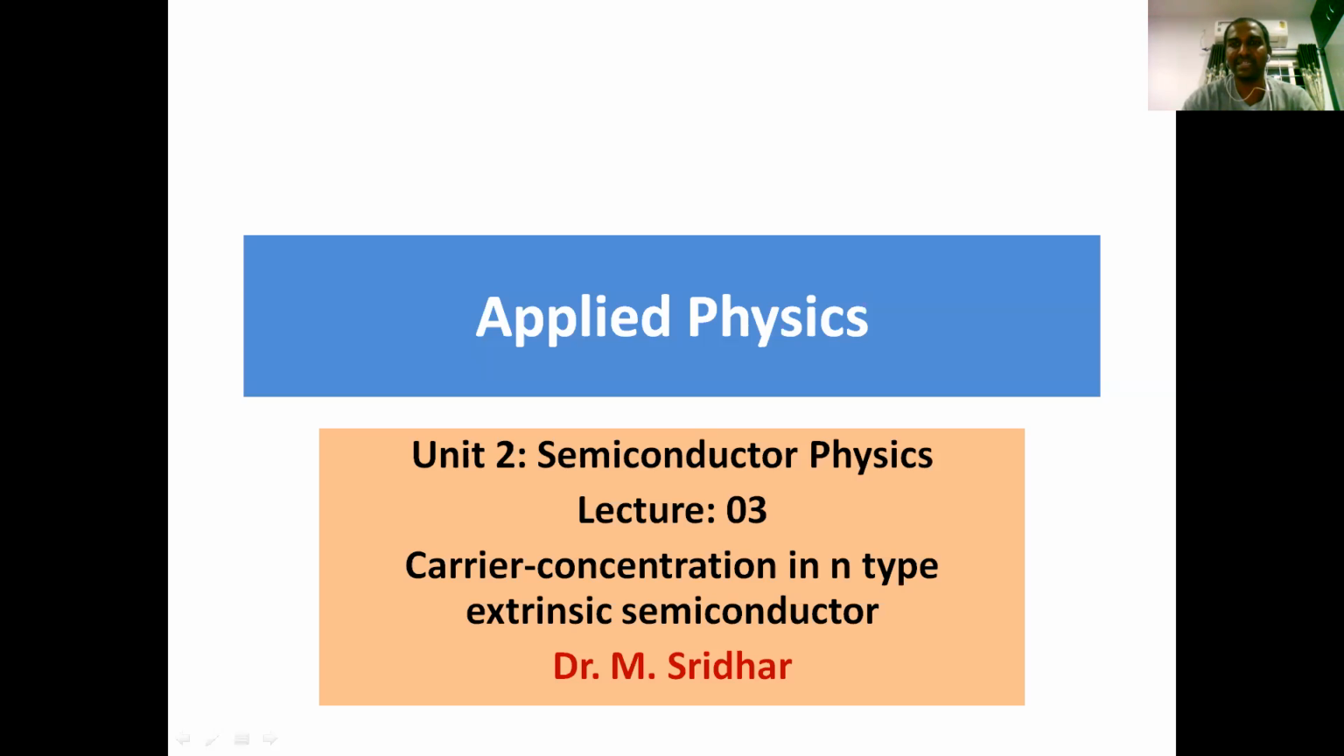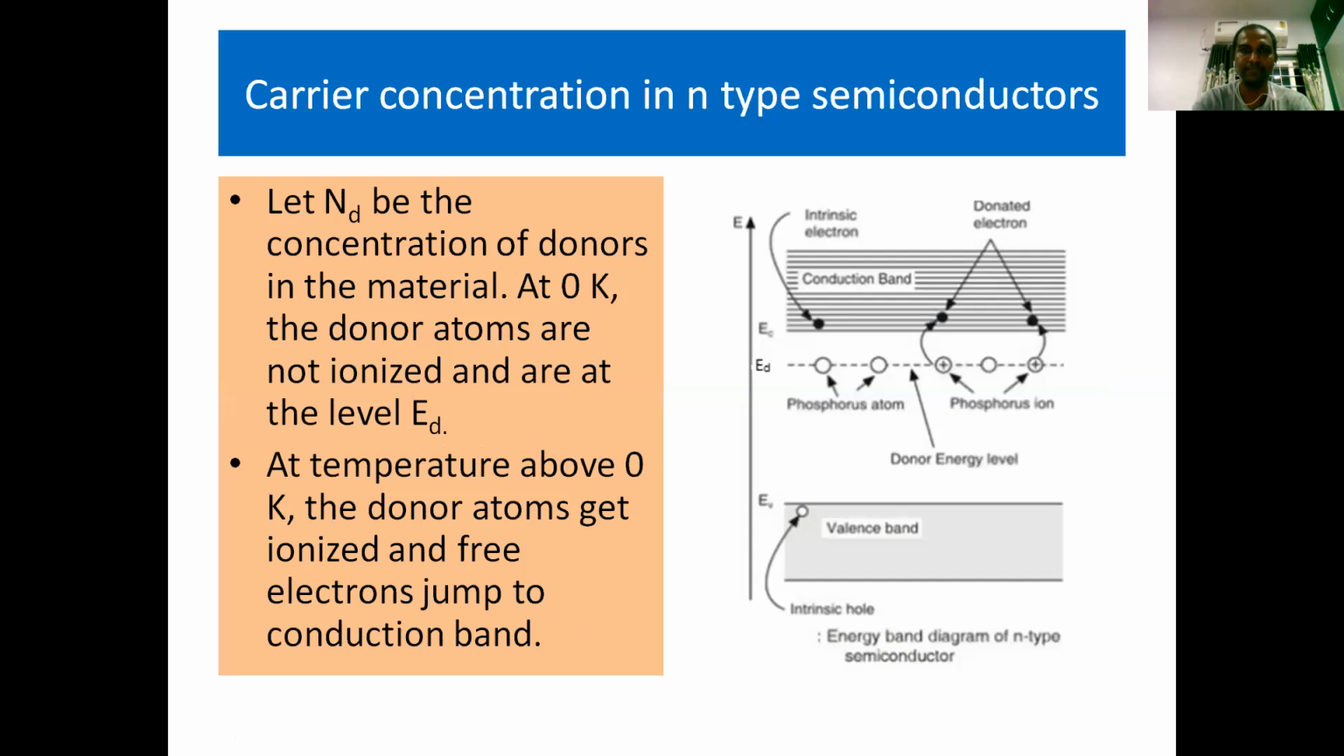Welcome back to Applied Physics Lecture Series, Unit 2, Semiconductor Physics, Lecture number 3: Carrier Concentration in N-type Extrinsic Semiconductor. We know in the case of semiconductors, based on the type of dopants we are adding, we have two types of extrinsic semiconductors. By adding pentavalent impure atoms to the pure or intrinsic semiconductor, we will get an N-type semiconductor. Here, in an N-type semiconductor, majority charge carriers are electrons and the entire work of conductivity